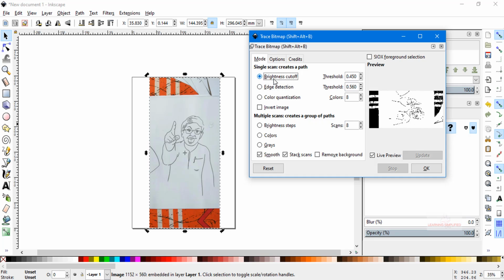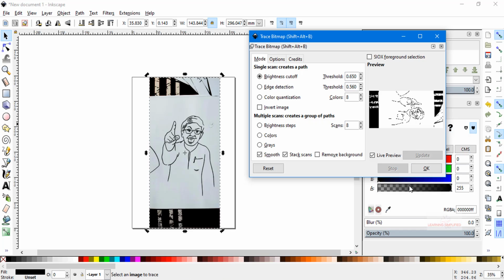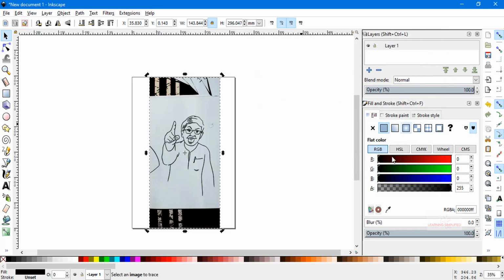Now if we go back to brightness cutoff and change the threshold, we can see that the darker part is getting more prominent. So we can recalibrate this brightness cutoff threshold over here. And now if we select this OK button and close this panel,